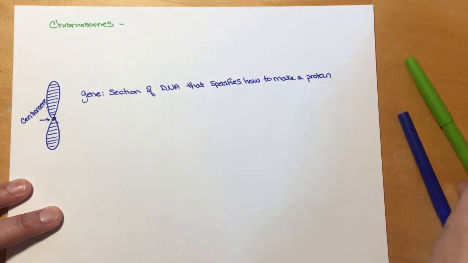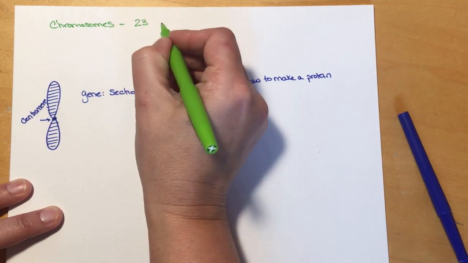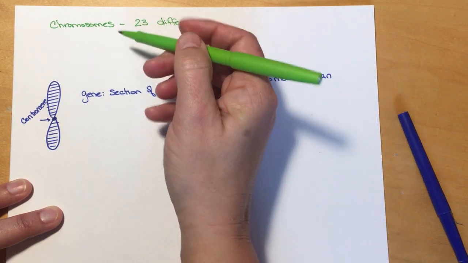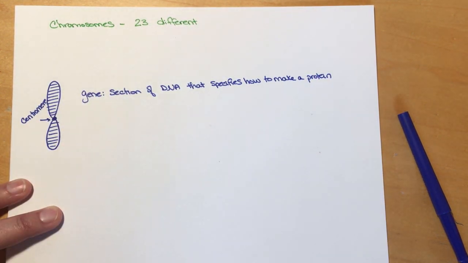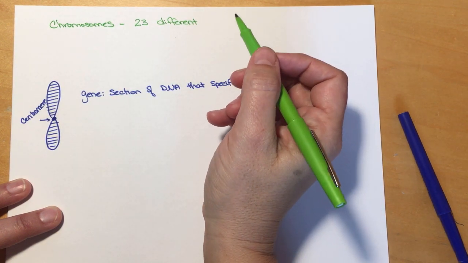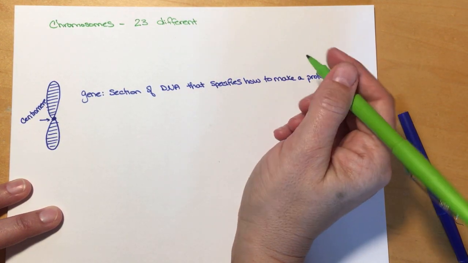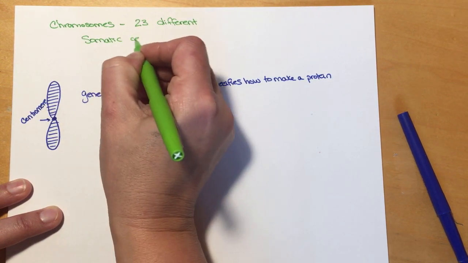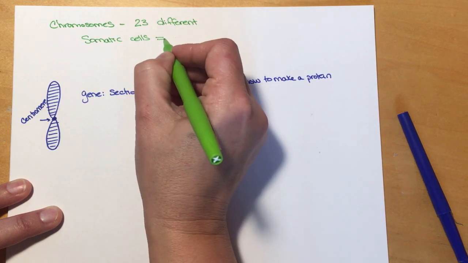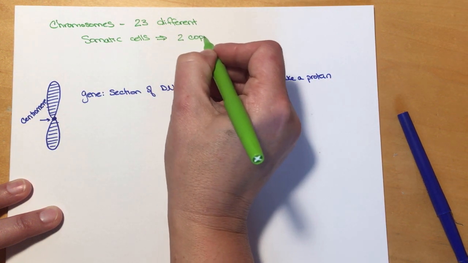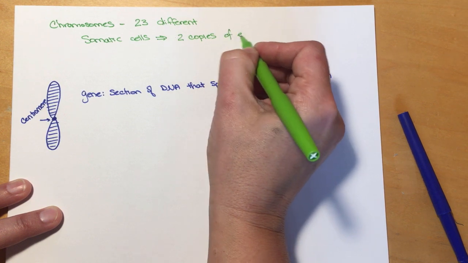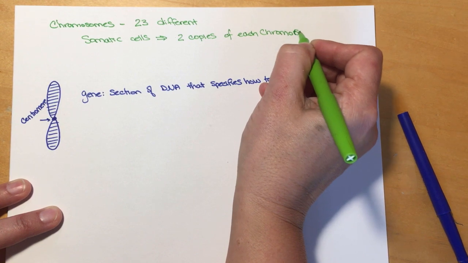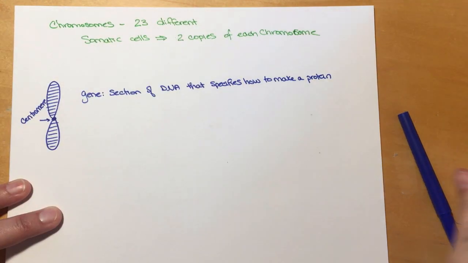Now, humans have 23 different chromosomes. So 23 different pieces of DNA in our cells. In our normal body cells, which we call somatic cells, we actually have 2 copies of each chromosome. All right, how do we get that? Well,